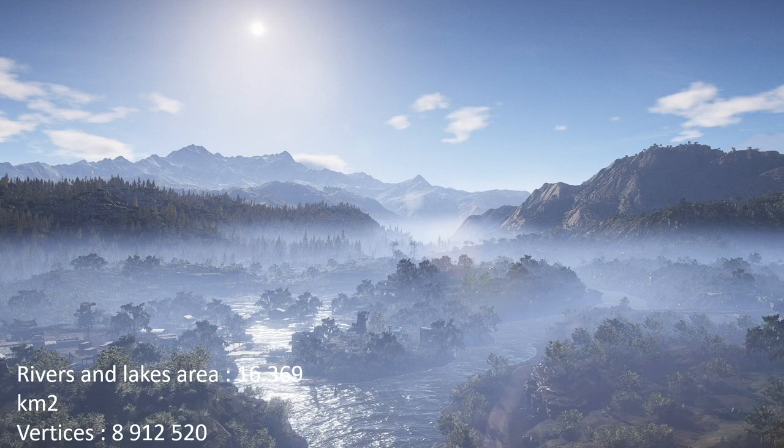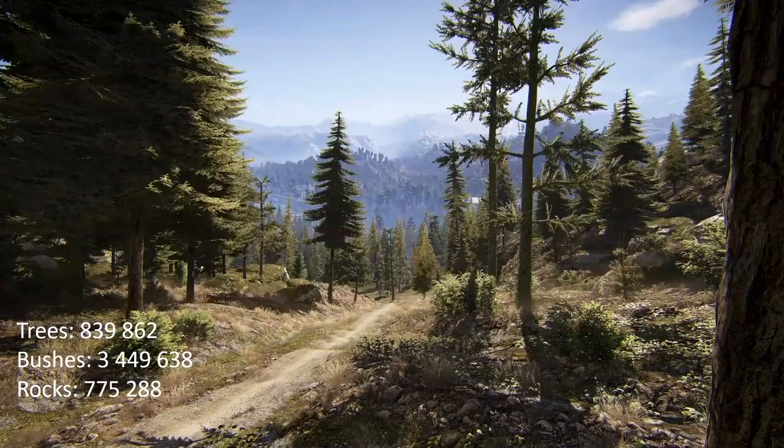It's something like 300 river and lake areas all across the world, all generated and built with Houdini. So both the lake, the river, the stream flowing down to the lake and everything. Of course, Houdini helps a lot to maintain the consistency of the world. It's going to be a keyword all along this presentation. It's about 1 million trees and millions of bushes and rocks spread all across the world.